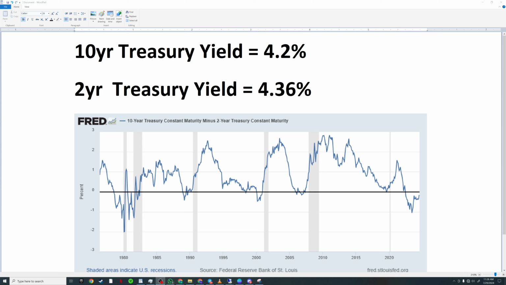So why is it like that? You must be asking that question to yourself. It's one of two things. One is that people are expecting interest rates to actually go lower in the long term. So they would rather pay high up front, and since they're expecting rates to fall lower, they want to lock in lower rates for the long term. And the second is that people don't want to hold money for the short term